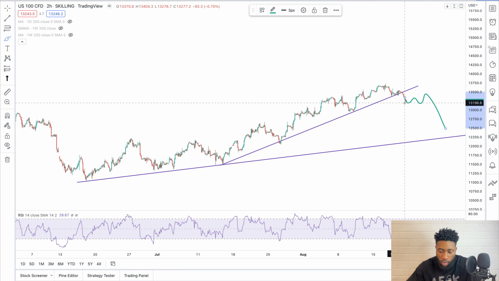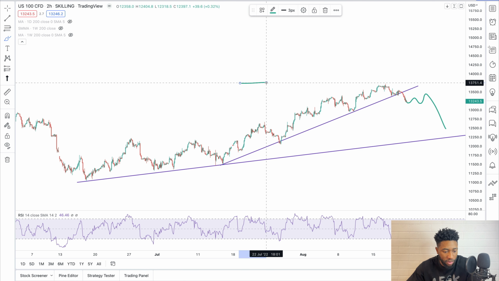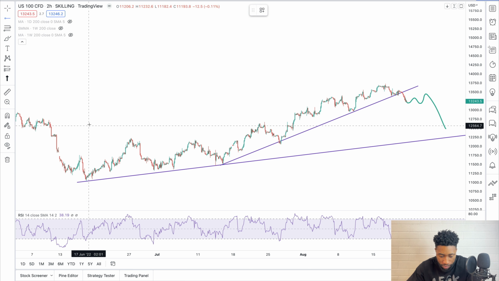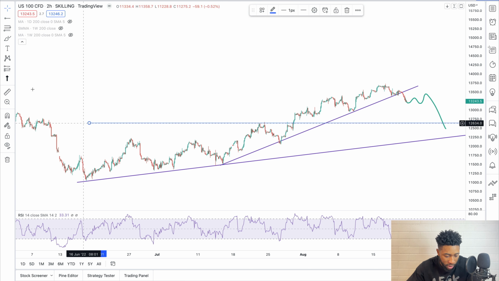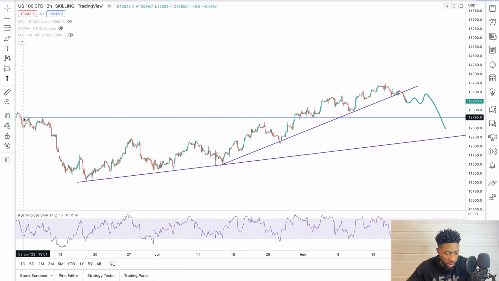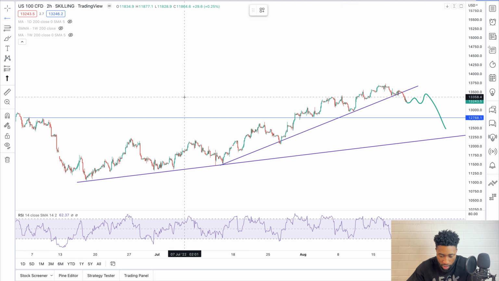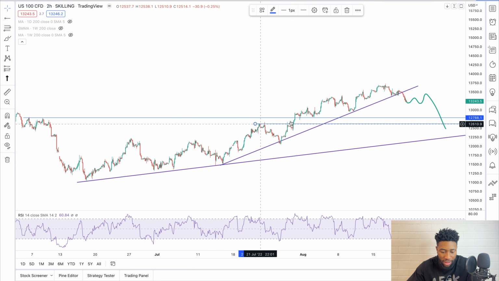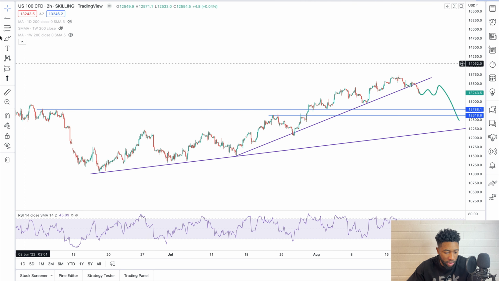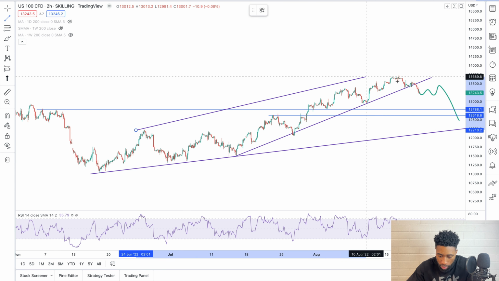While we think about going short for Nasdaq, there are a few important levels to also pay attention to. We have this area of value, so many areas of value here that could potentially stop our trades. We have one here, we have another one here. These are the two significant areas of value I will be paying attention to in order to trade Nasdaq. If you should also take these highs here,